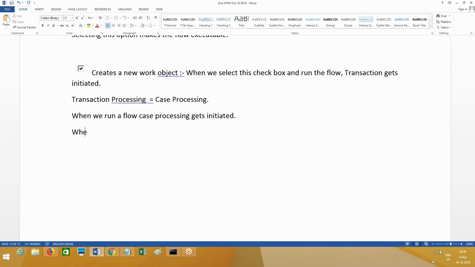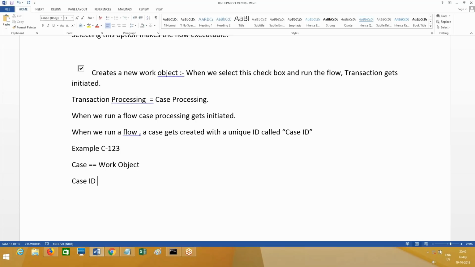Next, again I will write on the same sentence. When we run a flow, a case gets created with a unique ID called case ID. Example, C-123, let's say. So case is equal to work object, case ID is equal to work object ID.